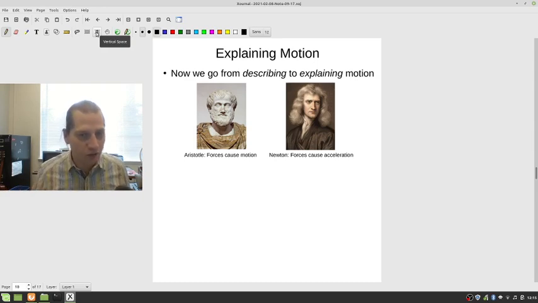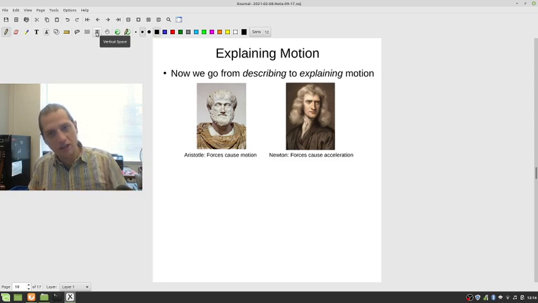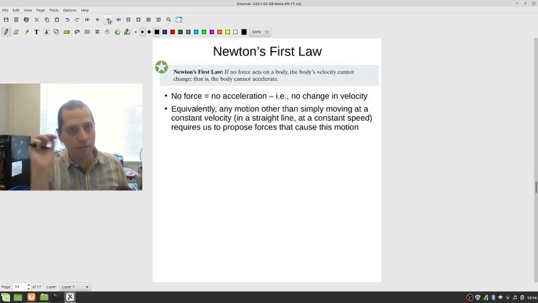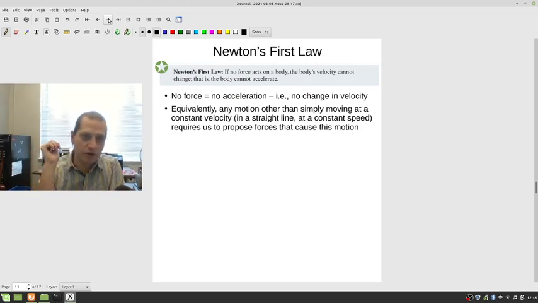In Aristotle's point of view, the natural state of things is to be hunkered down, not moving. In Newton's way of thinking about things, the natural state of things is to be not accelerating. And whenever you have acceleration in Newton's point of view, that means you have to explain it. You have to introduce a force to explain it. So just to put that in the way that you've probably heard it since 7th grade, 8th grade,